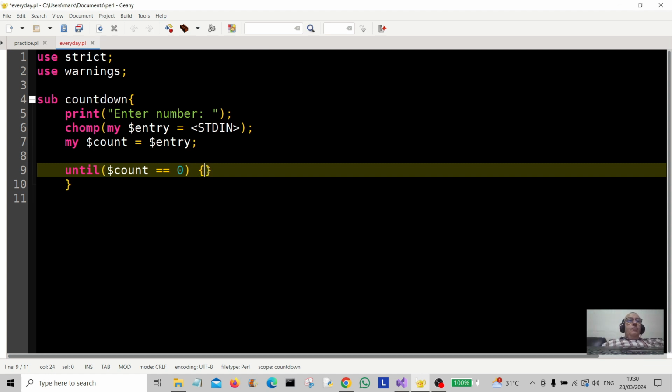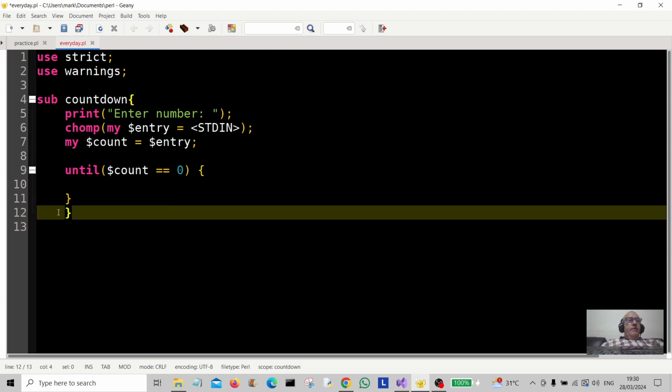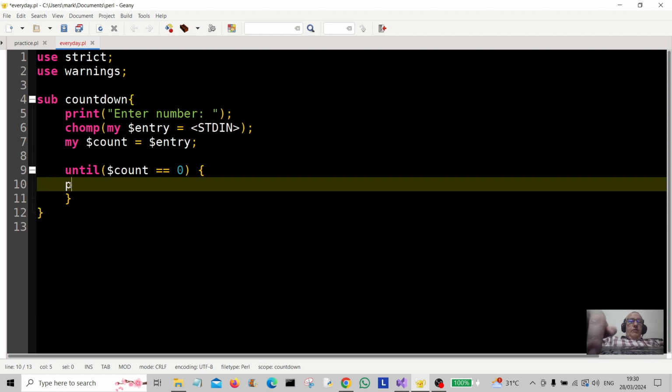So for example, a person could have entered number 5 into there, 5 seconds, and it's going to count down until it's equal to 0. So then we're going to print scalar count and a new line character,